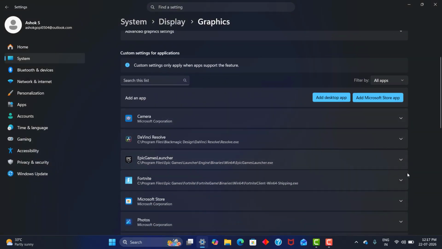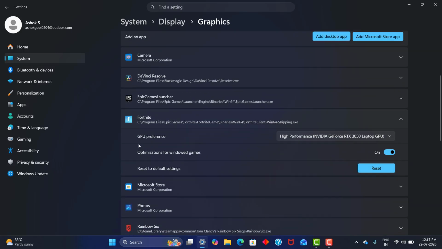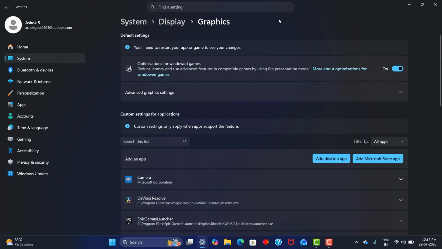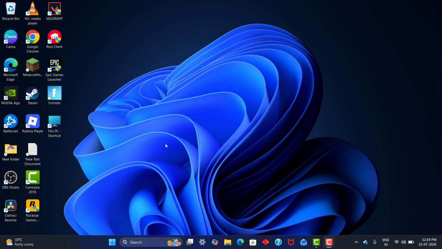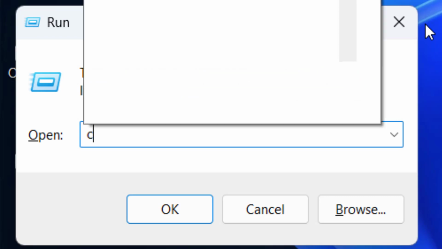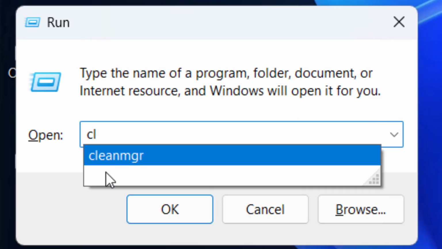After adding, for example, I'm choosing one application. Here you can see the GPU preference. You can set it to High performance, depends on you. And come to Optimizations for windowed games. It should be turned on. Make sure of it. After completing, for the last and final step, search for Run and type the following text: